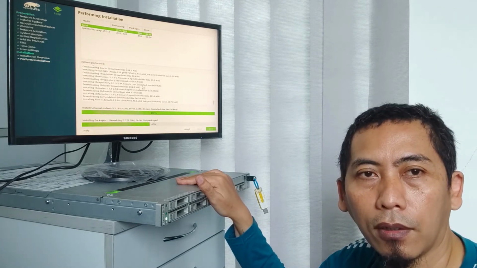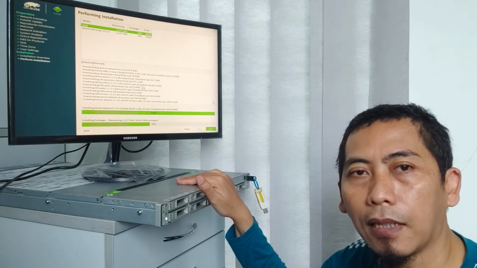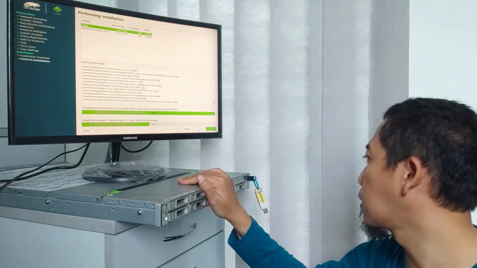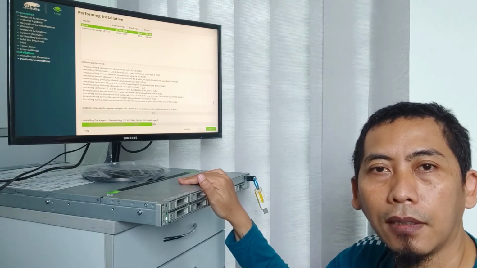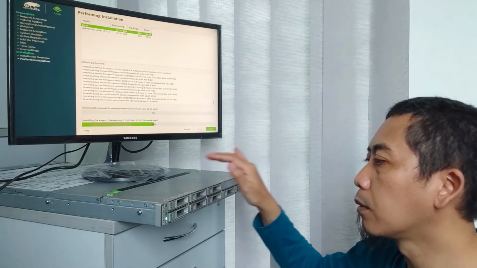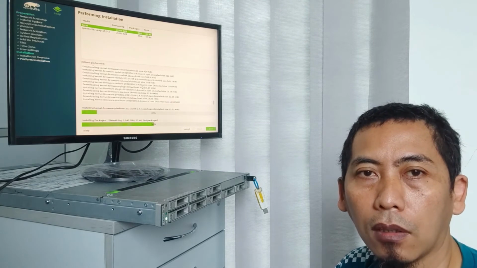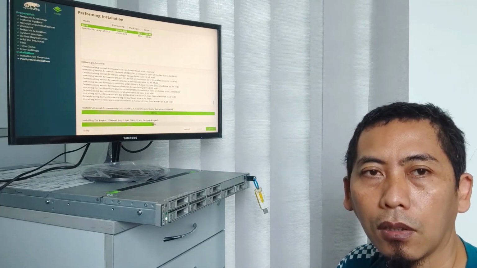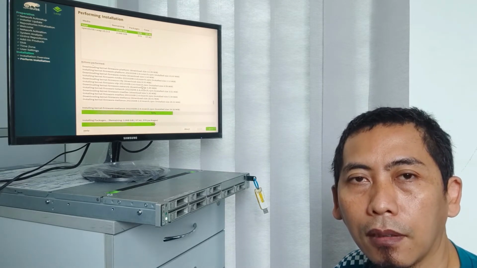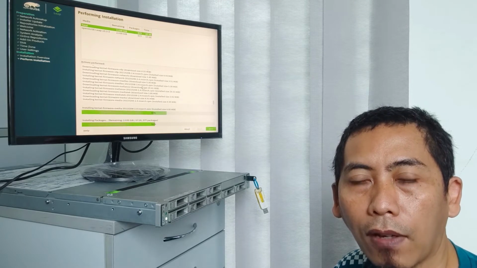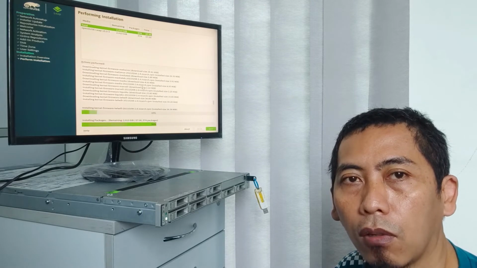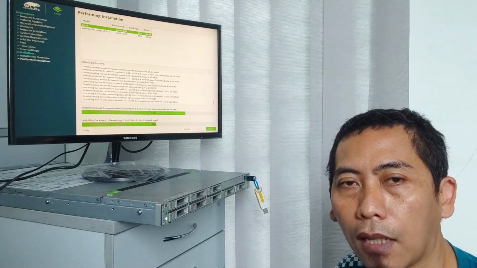Sun also created the best file system, ZFS, before other corporations were thinking about that. Sun already created a good file system. Maybe some of you don't know about the ZFS file system, but you can browse Wikipedia, so you can know and read what ZFS is.